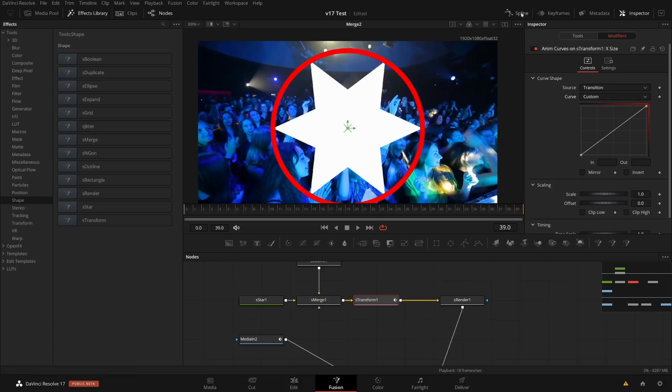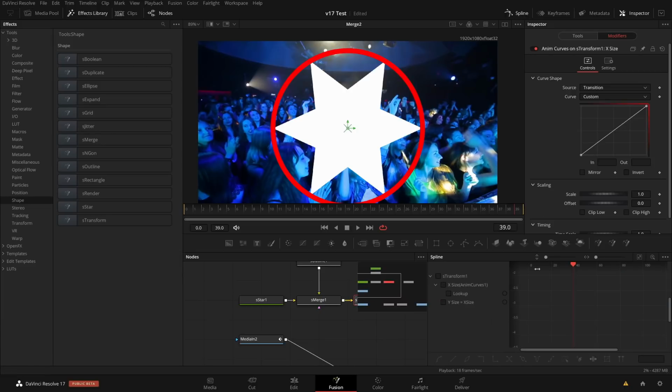And you get this here, or you can go to the spline editor and look at it here. And here I have a full animation curve. The only difference to a normal animation curve that I have anywhere else is, rather than having frames going from frame 0 to frame 39, instead I go from 0 to 1, and it will be mapped to whatever duration I have at the end. So this is really great.